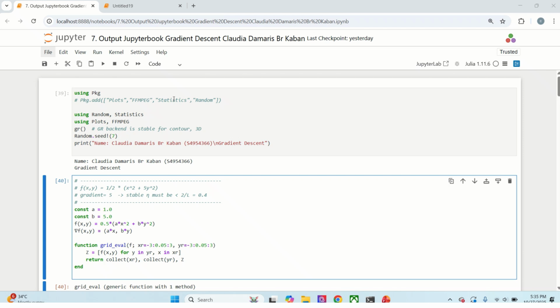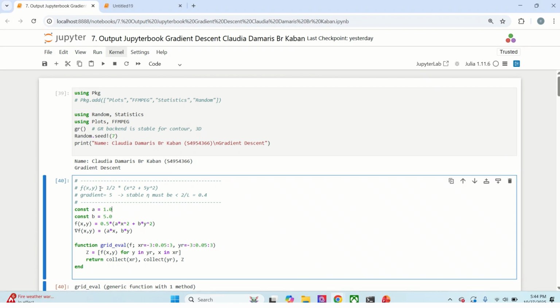Hi, I'm Claudia Damaris Kaban, and in this video I will walk through my Jupyter notebook for topic 11, Gradient Descent, a foundational optimization algorithm used to minimize loss functions in machine learning and statistics. I will demonstrate how the algorithm works, when it fails, as well as mention and demonstrate one of the possible